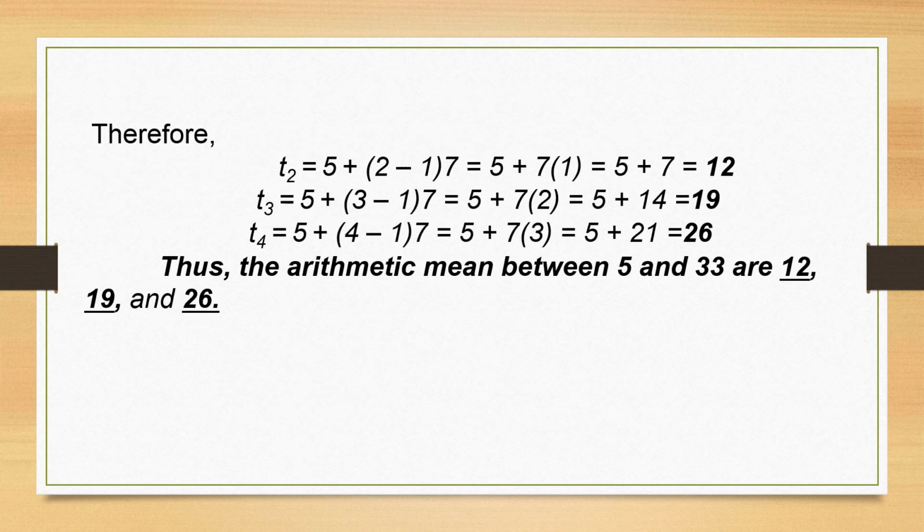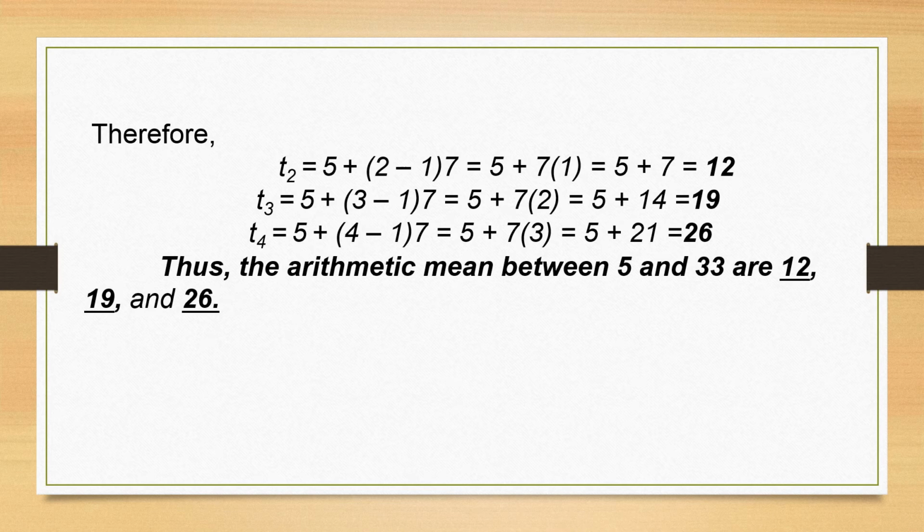Therefore, our next term, the second term, will be t sub 2, using our general term previously. We have 5 plus the quantity of 2 minus 1 times 7, which is equal to 5 plus 7 times 1, because 2 minus 1 is 1. So we get 12 as our second term. Then for the third term, we have 5 plus the quantity, and n at this time is 3, because we are focusing on the third term. So 3 minus 1 times 7 becomes 7 times 2. We have 14 plus 5, and that is 19 as our third term.